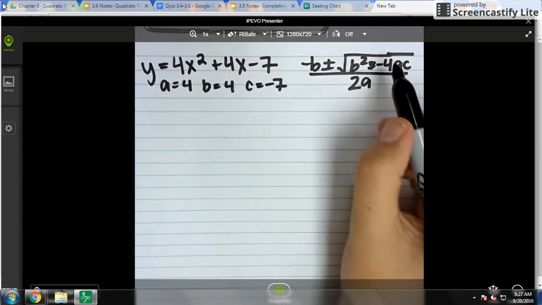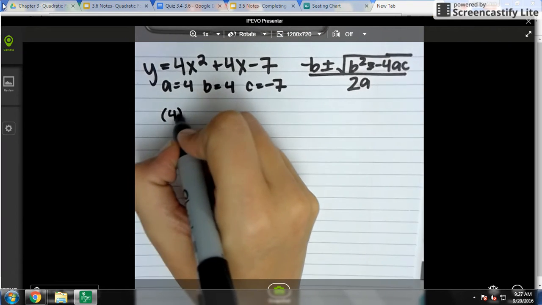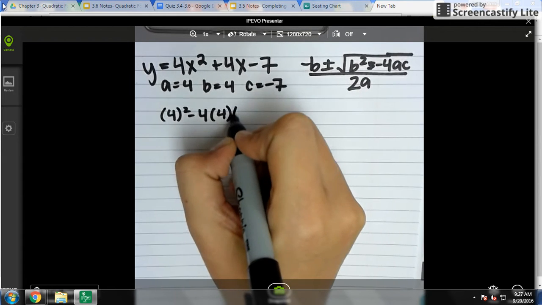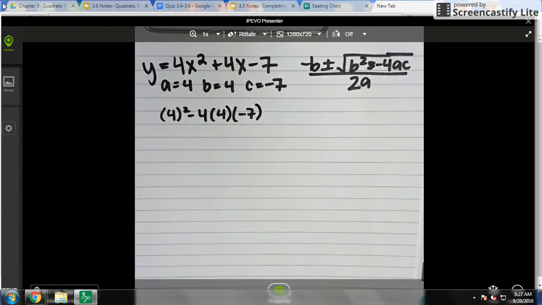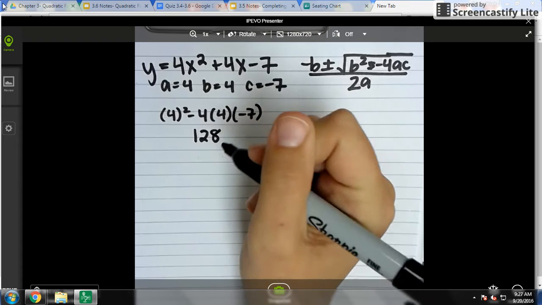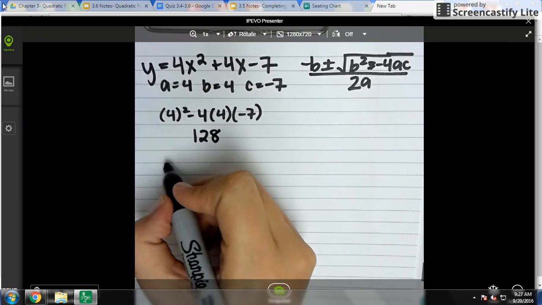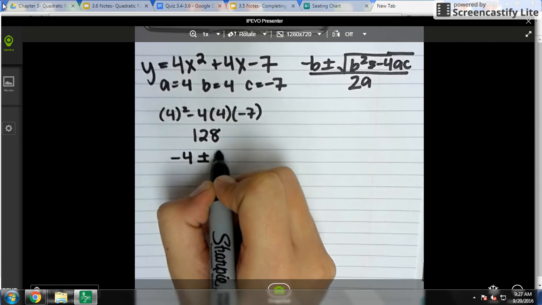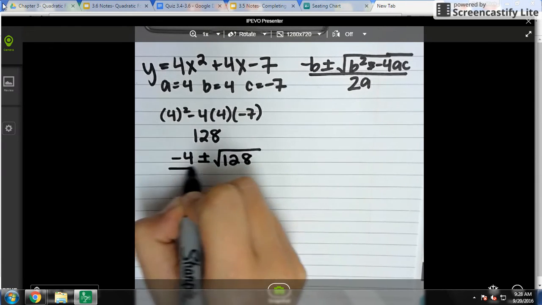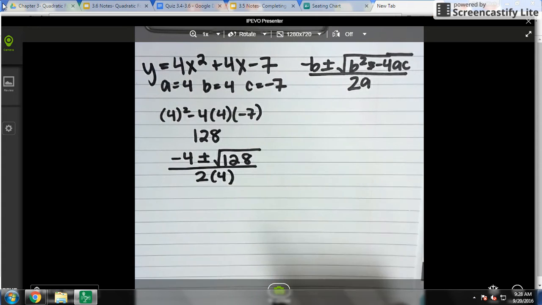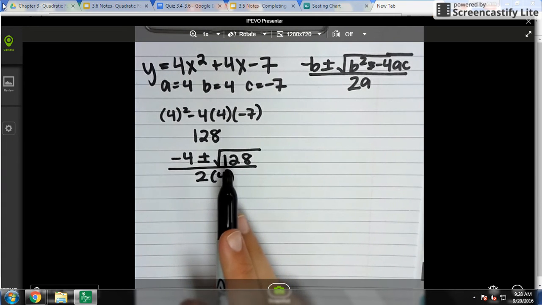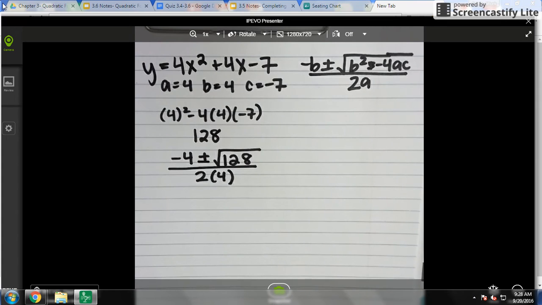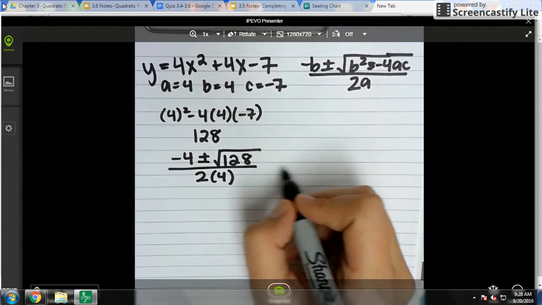I'm going to first do the discriminant, b squared minus 4ac. And we get 4 squared minus 4 times 4 times negative 7 gives us 128. And now we put the whole thing together. Negative b would be negative 4 plus or minus the square root of 128 over 2a, which would be 2 times 4. Now the square root of 128, when you type that into your calculator, you get 11.31 and more